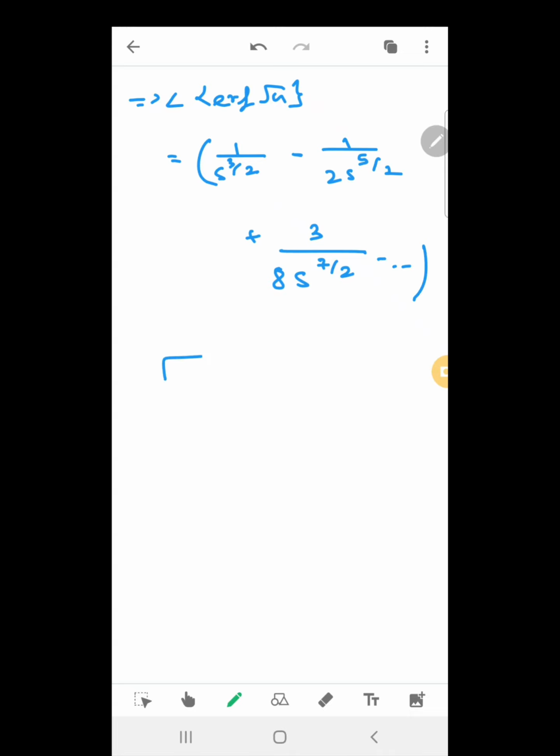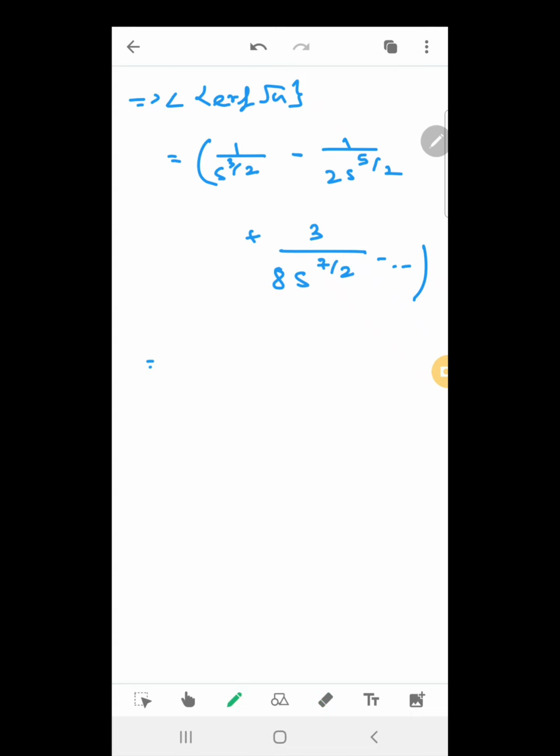Yeah. So what was that? That was gamma of 7 over 2 over 10 times s to the power 7 over 2. So this would be equal to 5 over 2 times 3 over 2 times root pi over 2 over 10 times s to the power 7 over 2. So this would be 8. Clear? So 5 times 2, and this 5 gets cancelled, so 3 above and 8. You have here 2 more, so this 2 outside, so you have 8 left. Yes, there will be 8 only. Clear? And so on, right?